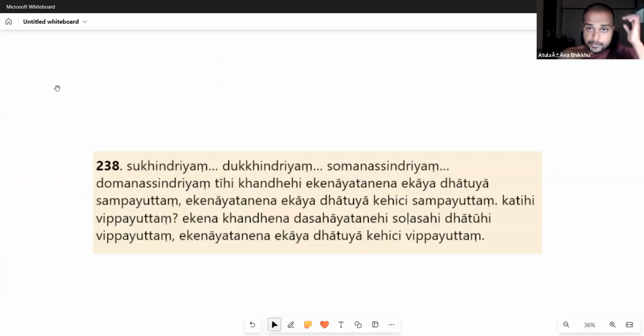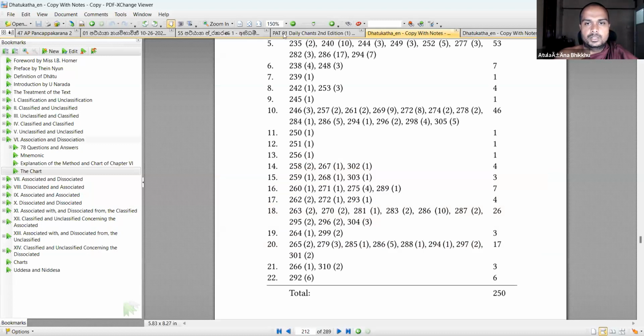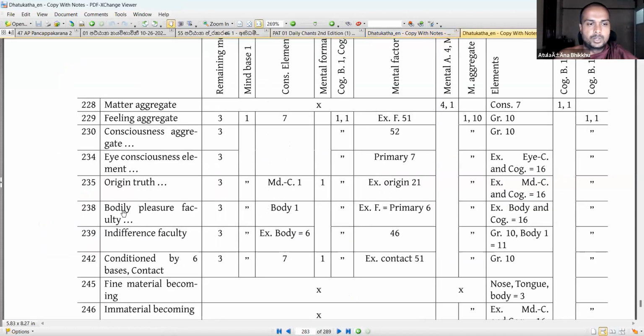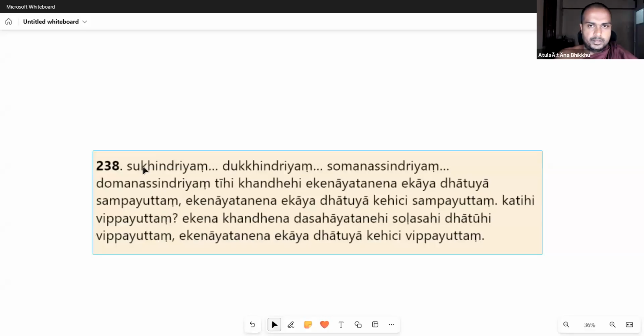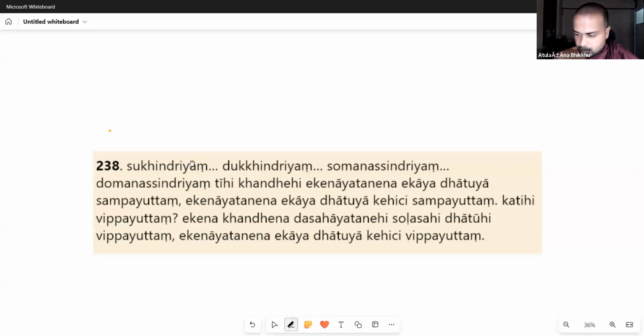We'll move into the state of inquiry, which is the sukhindriya, right? So sukhindriya came in this. Okay, these are right. Bodily pleasure faculty. Okay, so that's what you are supposed to do. So here we find the sukhindriya. Sukhindriya means the feeling